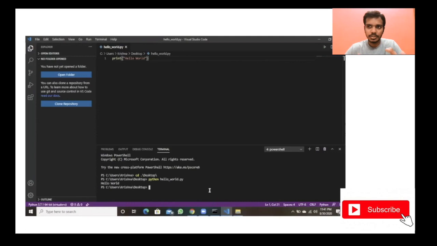And with the help of Visual Studio Code, you already have a terminal integrated with this. So just click on this terminal here at the top, press new terminal, and whatever command you want to write, run the program here. But do remember to first go to the correct path where your programs are, then run this command, right?